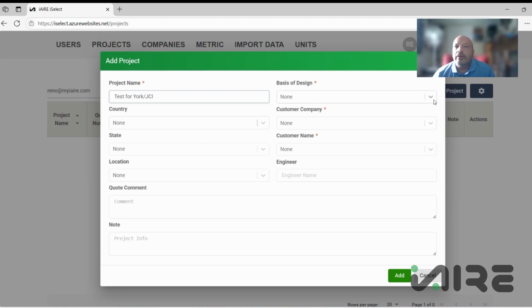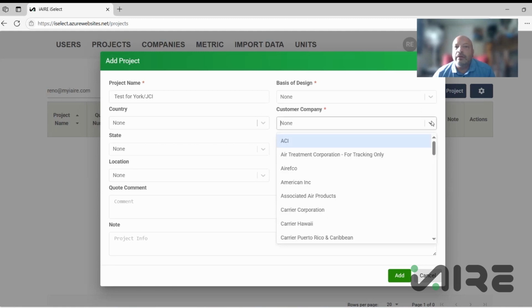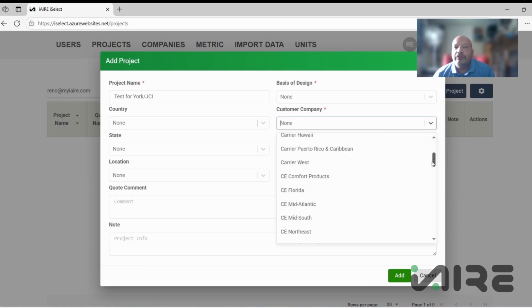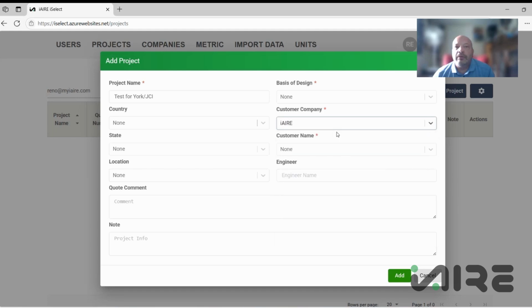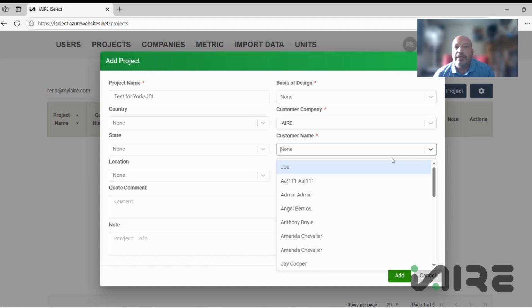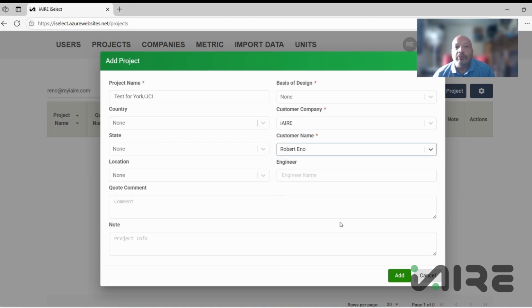And our company name, when you go through this, you'll find your company name when you're doing this. We're going to go with IR, customer name. You will find your name when you are active in iSELECT. So I'm going to put mine,